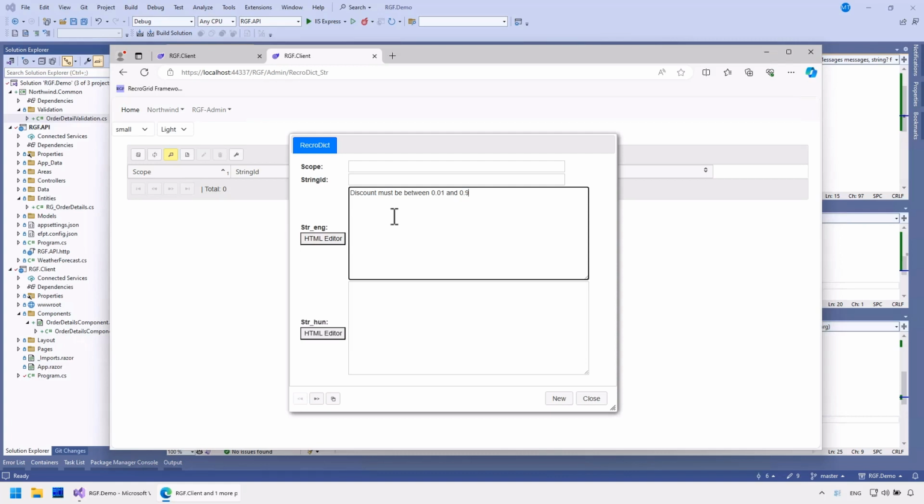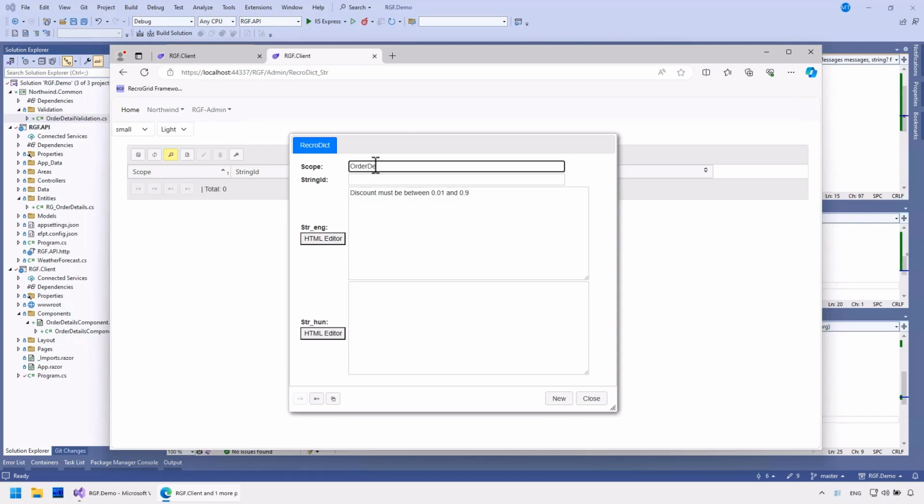Recrodic is a module of the Recrogrid framework where various messages, column names, or any text displayed in the GUI can be stored. It's also prepared for multilingualism. By default, it contains English and Hungarian, but it can be extended indefinitely. The module can be accessed from both the server and client sides and can be edited at runtime on the interface. One of the most important parts of the Recrogrid framework, which can save a lot of work. However, a full presentation of the module goes beyond the current tutorial. For now, we'll only use a small part of it.